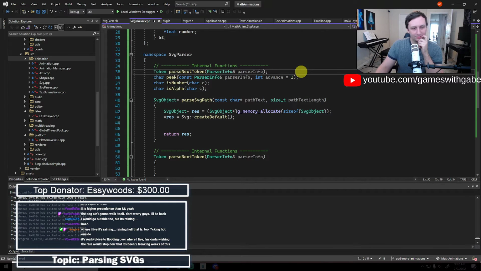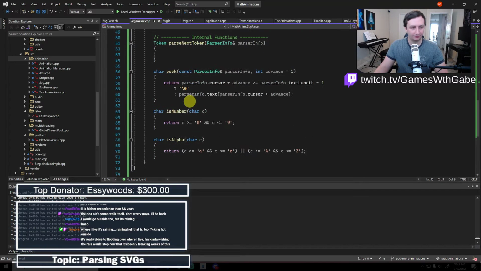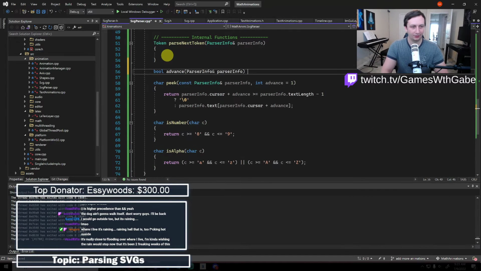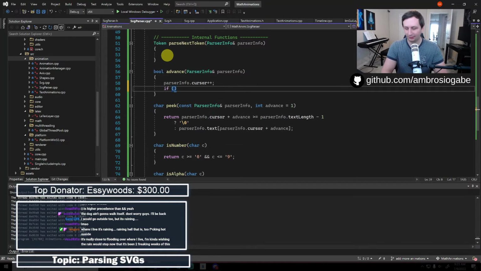Let's go with a bool advance. And this will return false if it's the end of file. So we'll have like parser info dot cursor plus plus, and then we can just say return parser info dot cursor is less than dot text length.